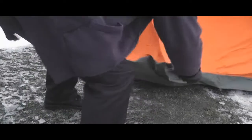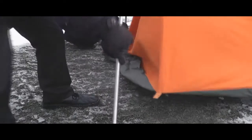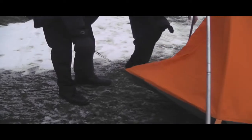So the next thing you do is you find the corner pieces, and they've all got pieces of elastic on like this, and you hook these onto the feet in the corner. Make sure you get the right elastic, because at the back of the tent, there's this end, which comes out here. So you don't want to hook these ones onto there. You hook those ones onto there, and then you peg these ones out. So once we've got this last foot on,